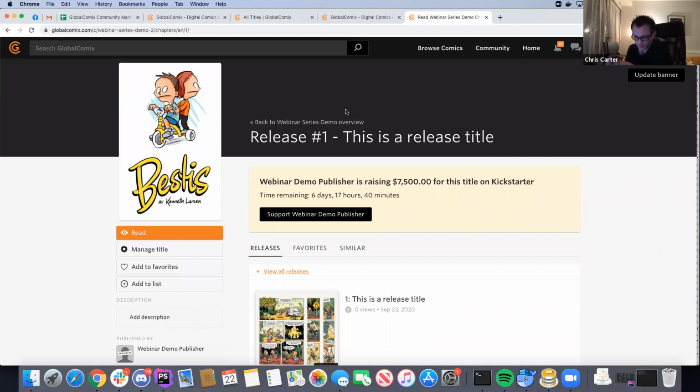Some of you might be familiar with services like Patreon and Ko-fi and all these kind of tools that you have for folks to send you donations and to where you can give them little rewards for recurring, for every month, giving you a little tip. And it's one of the things that we've heard from our creators on GlobalComix, that they would love to be able to direct their readers and their really engaged communities to a place where they can do that on GlobalComix